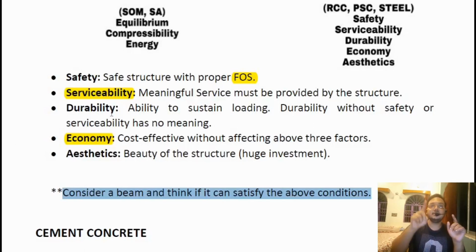See if it is safe or not, that it should be taking the particular load. Safe means, if you are going towards the roof slab over that particular beam and you are feeling safe, you know that this won't collapse, so it is providing you the safety. Again, if it is serviceable, it is taking the load of that slab, and you can also move inside your room without getting affected by that beam, and it is not affecting the light or the fan inside your room.